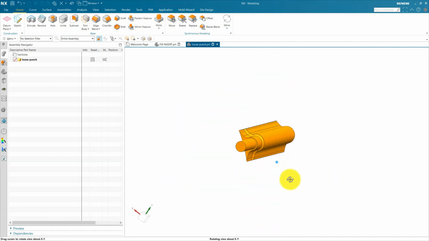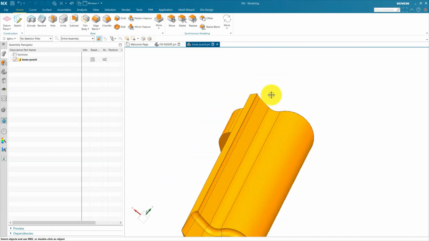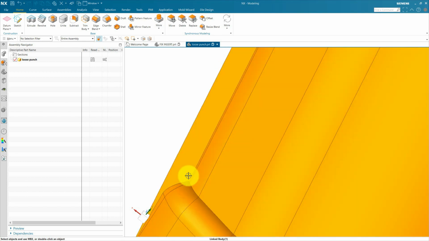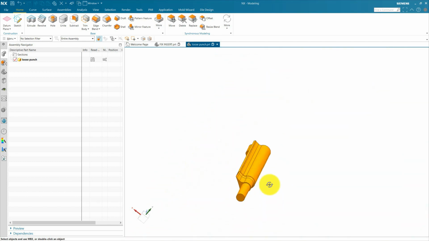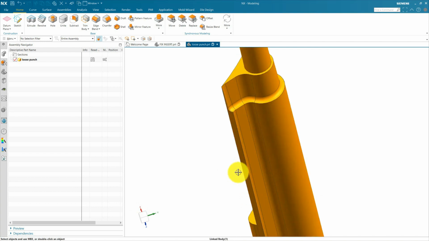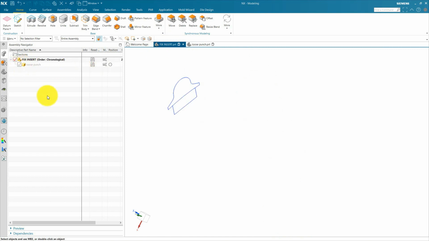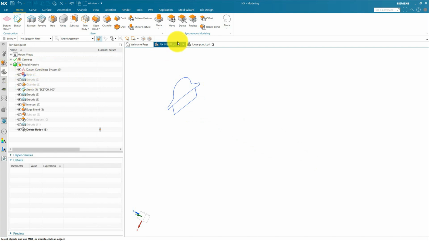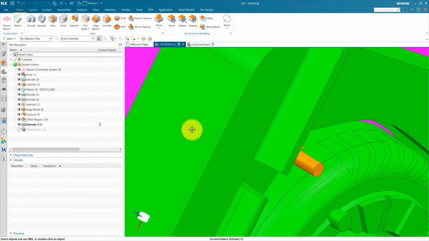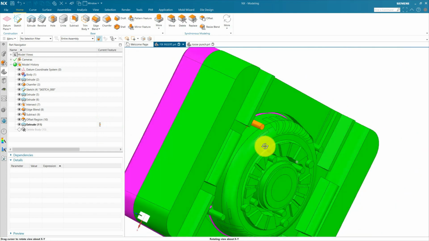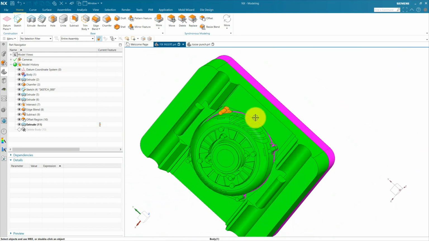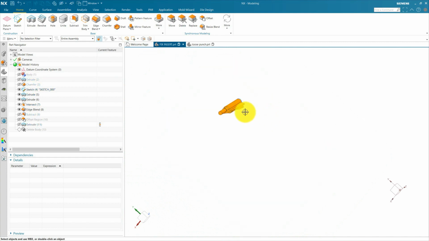Hi friends, I am going to add one more thing. For example, I am going to add some radius here. So we do not add radius directly from the loose part. We need to update this radius first in our fix insert. For example, we are going to hide this loose punch part and activate our fix insert part. We go back before delete body, which is our loose punch body available in our fix insert. Then we are going to hide this fix insert.